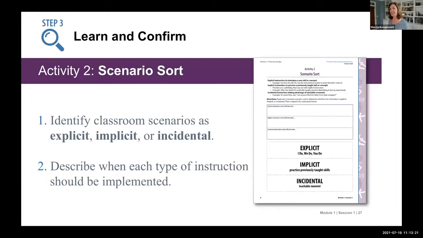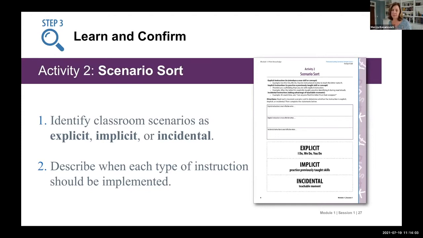All right, so let's turn to activity 2 on page 8 and 9 of your participant guide. This is called scenario sort. I'll describe this activity and we'll do just one item from it. This is an activity that you'll prepare ahead of time. You can cut apart the instructional scenarios, which are on little cards, if time permits. If you don't have the time to do that, you can just ask teachers to circle the answer on each card. If you look on page 9, you'll see the instructional scenarios and they would just circle either explicit,